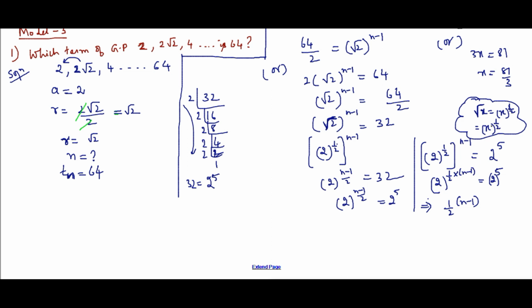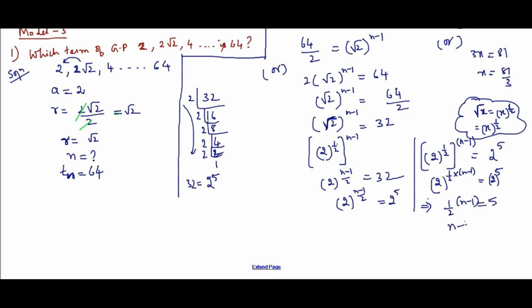Anyway, you have to change the square root thing. This you have to remember. No option. But if you don't understand this form, you can just keep it as multiplication form, 1 by 2 into n minus 1. Keep it like that only, but n minus 1 should be in brackets. So 1 by 2 into n minus 1 in brackets. Bases are same, equate the powers. So equals 5, correct?